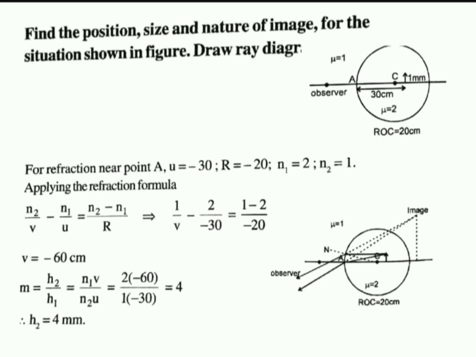So here the incident ray is coming from the object towards left. So O to C, the object distance, or O to A to C, the radius of curvature, is taken with minus sign. U is also negative. Mu1 and mu2 are already given. Substitute the values, you will get the value of V. And after getting the value of V, I gave you the formula for magnification: height of image by height of object is mu1 by mu2 into V by U. What is the height of the image coming out to be? 4 centimeter.